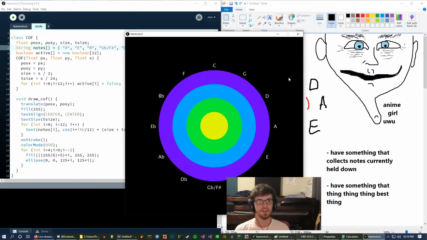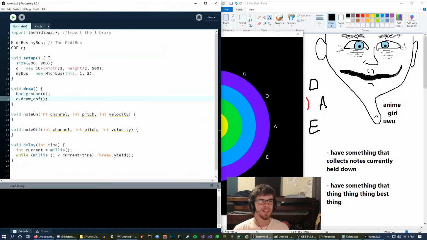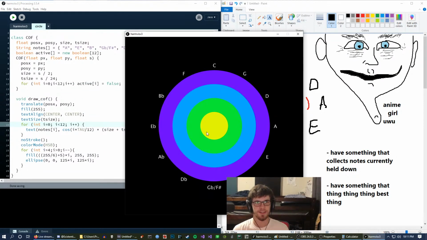So now I'm going to move on because I have wasted a lot of time. Not wasted, but it's time to move on. So now I have drawn the circle over top. What I need to figure out, I already know the concept. The concept is I'm going to draw